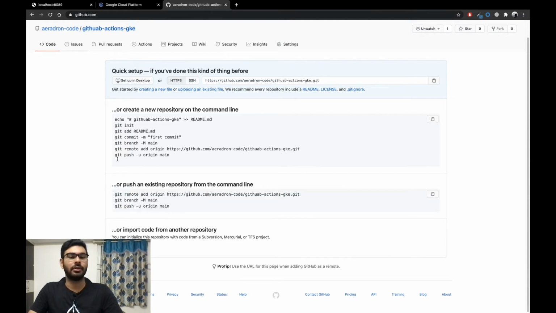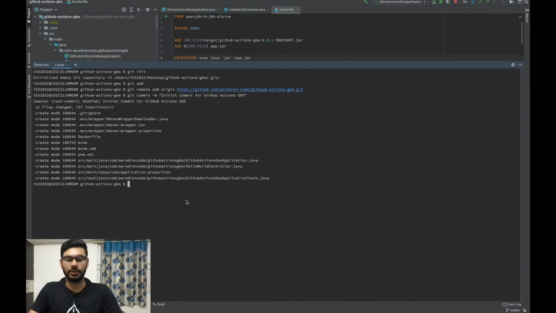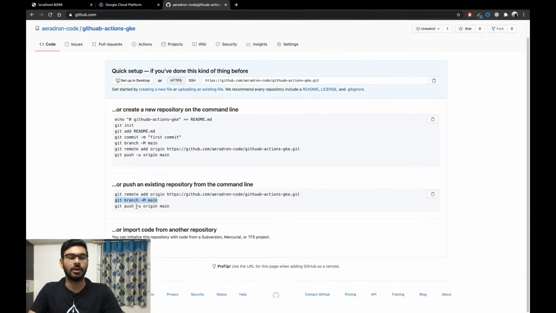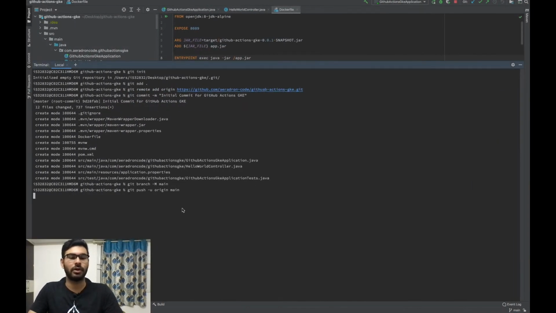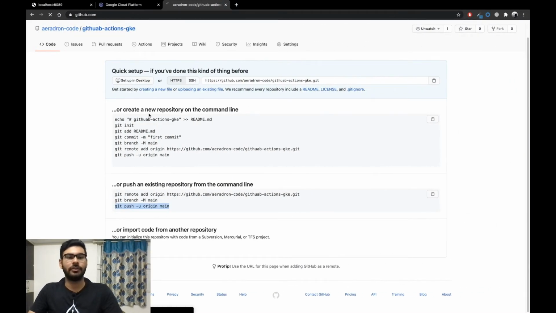So you can just write this to verify whether we are on the right branch or not. So it checked out to this branch. And the last thing we need to do is push code to our URL. So it's pushing and it's pushed. Let's refresh this.